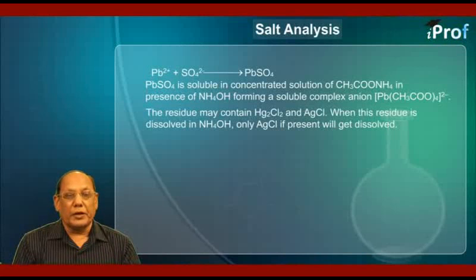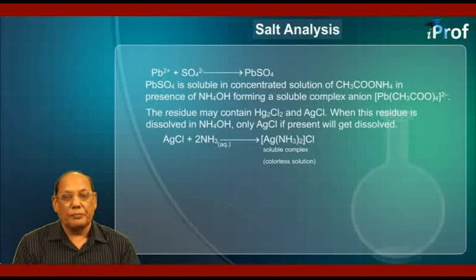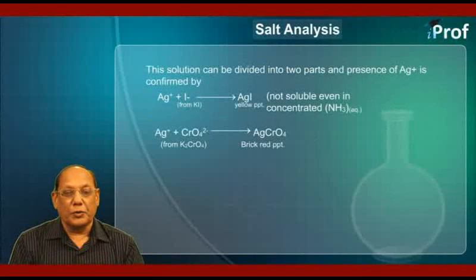The residue may contain Hg2Cl2 and AgCl, but this residue is dissolved in ammonium hydroxide. Only AgCl, if present, will be dissolved. According to the reaction, AgCl plus 2NH3 aqueous, we get Ag(NH3)2Cl. This is a soluble complex giving a colorless solution. This solution can be divided into two parts, and presence of silver ions is confirmed by,